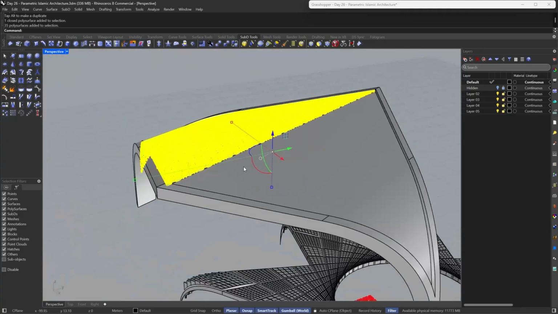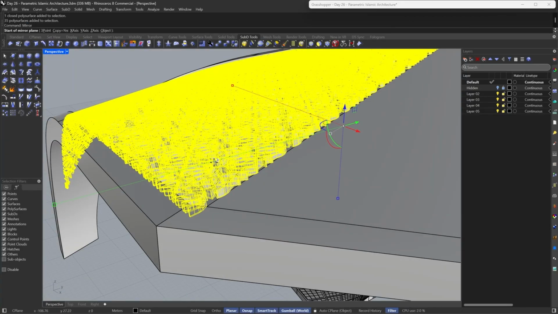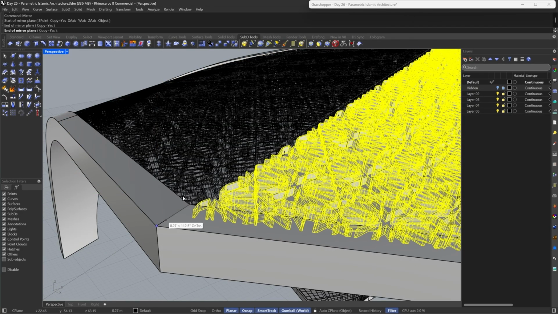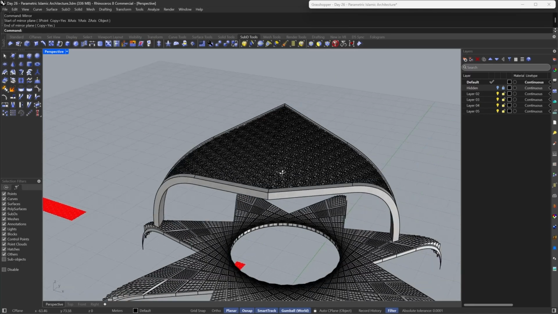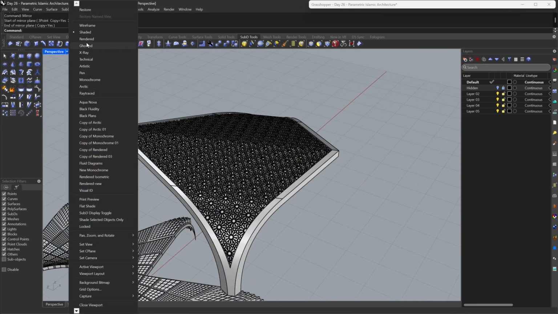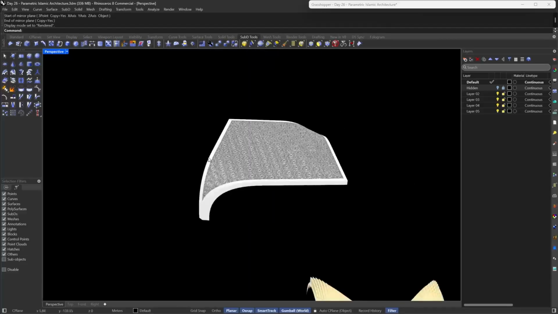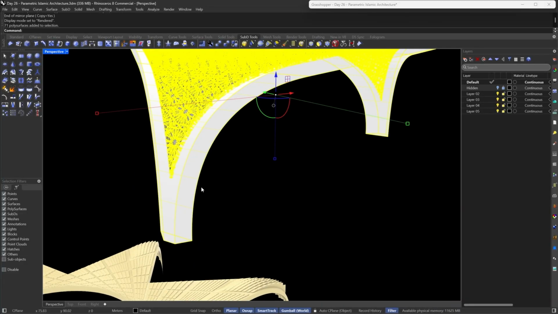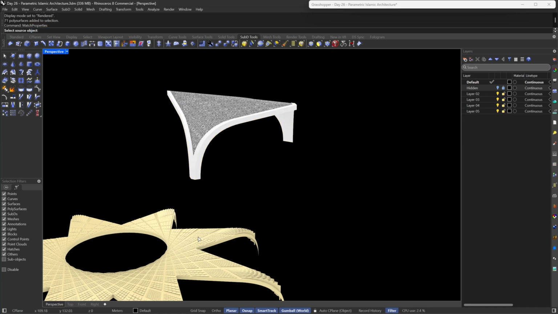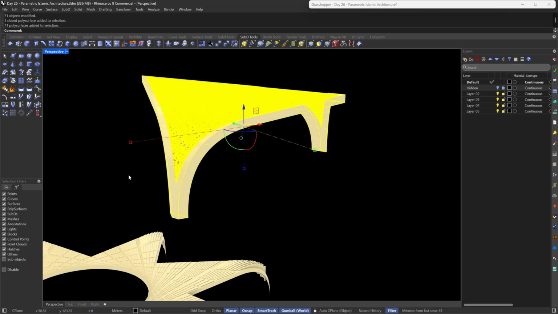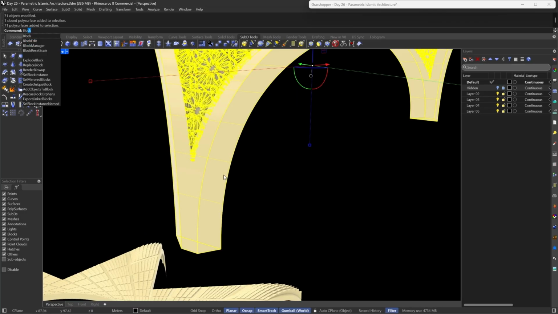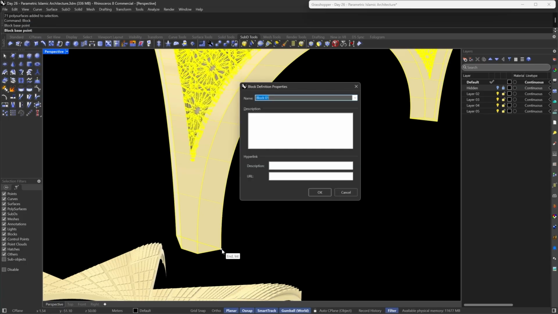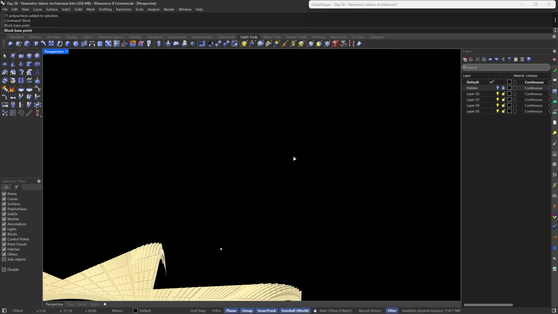I'm going to select and mirror this from here to here, and right now if I look at this, I should have something like this, which is really great. I'm going to make those all of them. First of all, I'm going to match the color of them to that, or the material actually, and I'm going to make them into a block